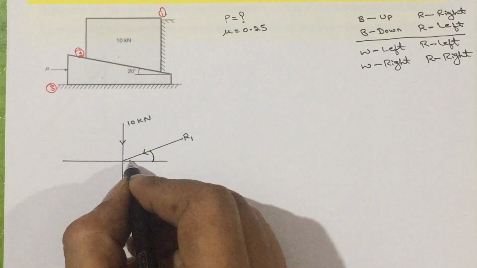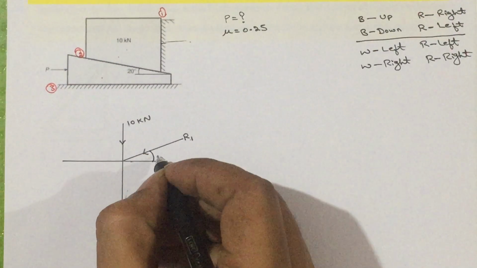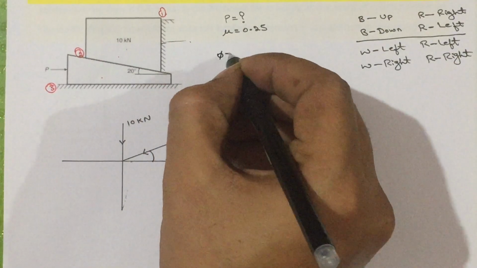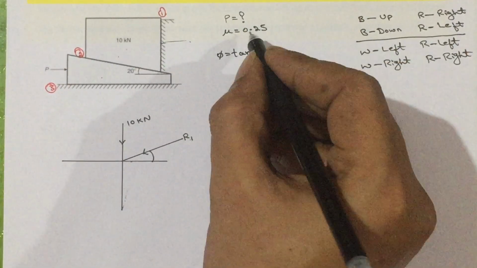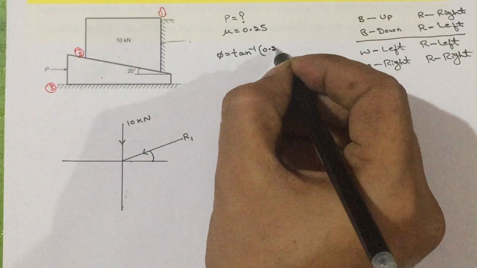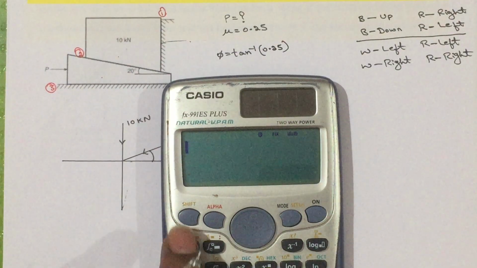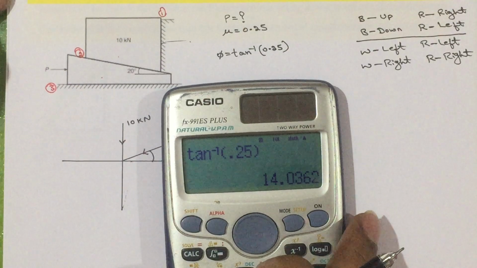Then here the angle with respect to the normal reaction will be phi. Phi is given by tan inverse of mu. Tan inverse of mu is tan inverse of 0.25, which is 14.03